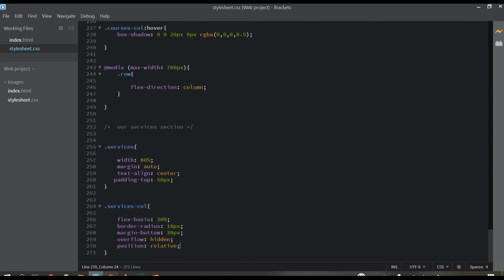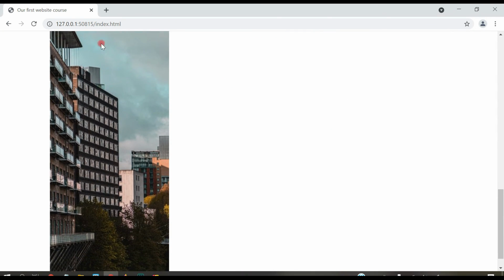Control S, see how it looks. You can see it looks like this.